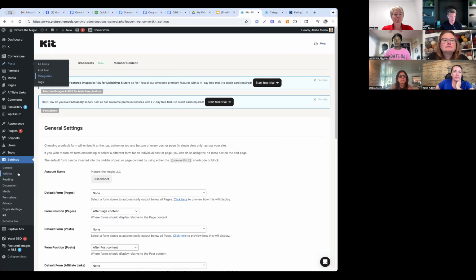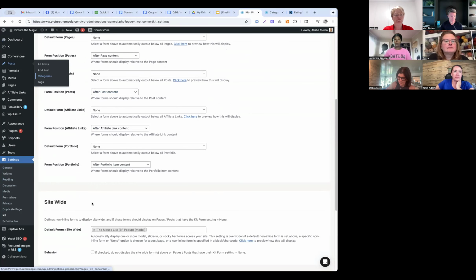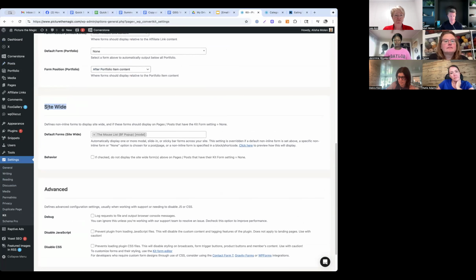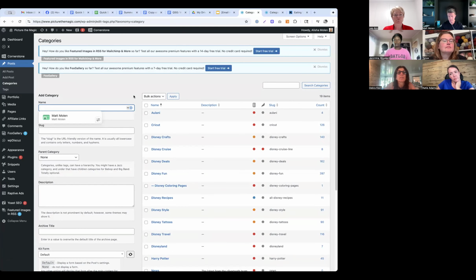So inside of your WordPress, you're going to install the Kit plugin, and it's going to look something like this. And when you come down here and you want to set up your site-wide pop-up, you're just going to select it from your list here. And this is for site-wide. Now, you can also show a different pop-up on categories, posts, or pages. That is done up here. Go to posts and go to categories. You want to do all the stuff in Kit first and have it ready, and then you're going to access it through WordPress. Then you can come over to your categories here.